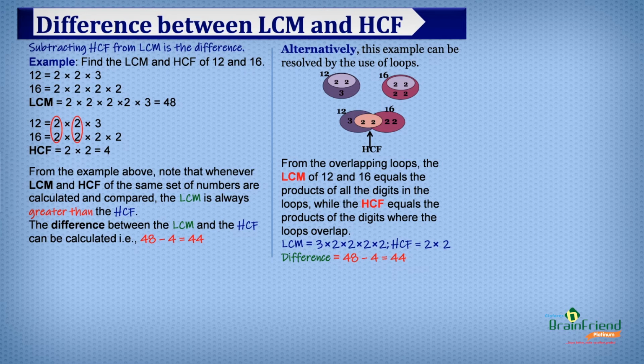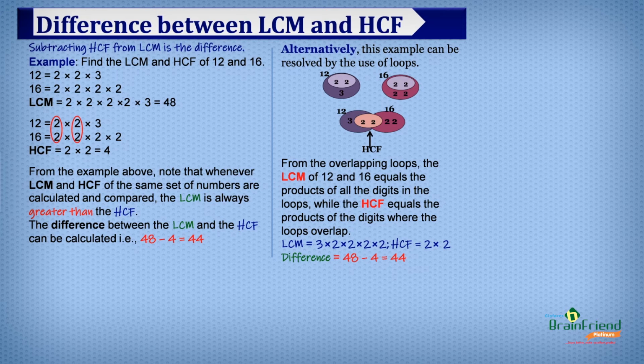When we talk about the difference between LCM and HCF, we simply mean subtract HCF from LCM. Let's look at an example. We are expected to find the difference between two numbers, 12 and 16. But before we do that, we must first find their LCM and then their HCF